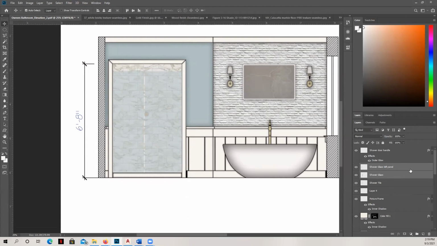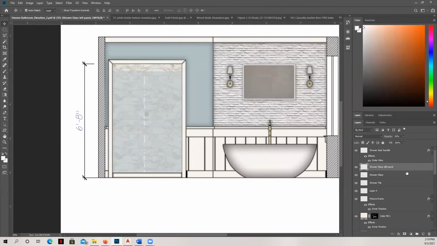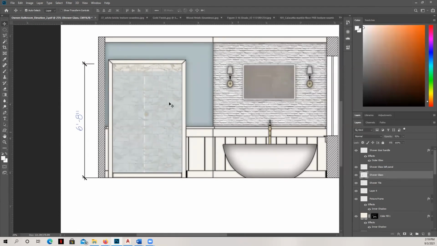And the only other thing I could do is maybe adjust the opacity just a little bit more, so you can see it.